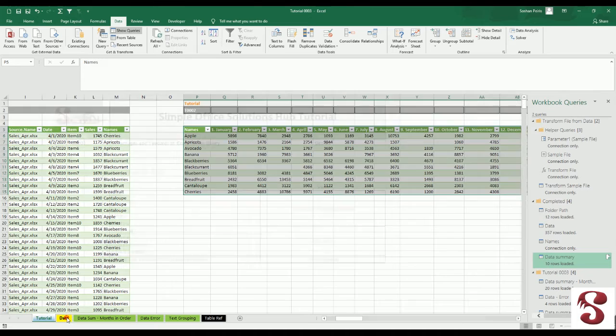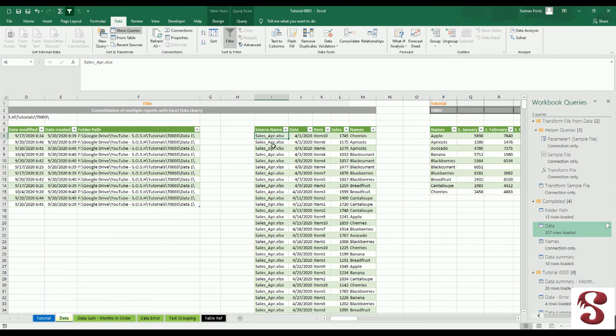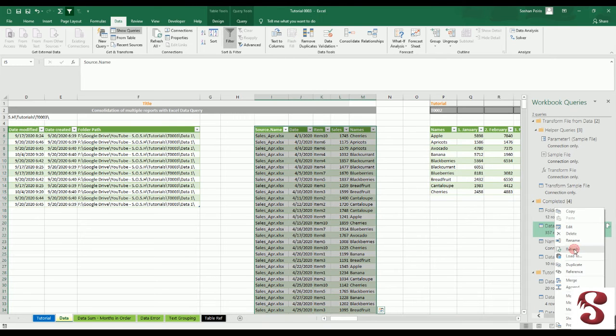If you look at the data, initially we have a source name, a file name which has the sales and the particular month, the date of transaction, the item and sales, and the relevant item name. So what we want to see is if in the April file there are only April transactions. To do that, I will reference the table,